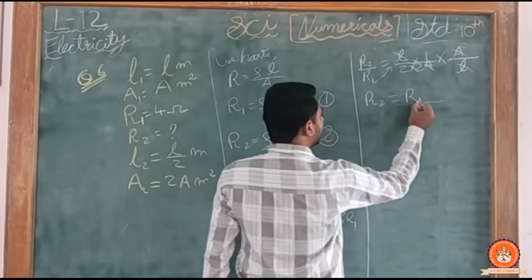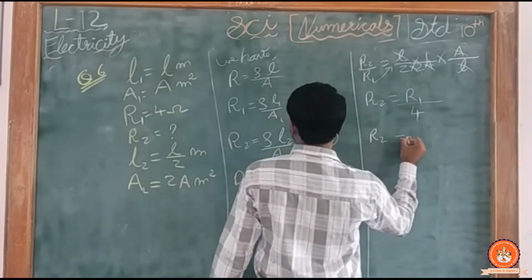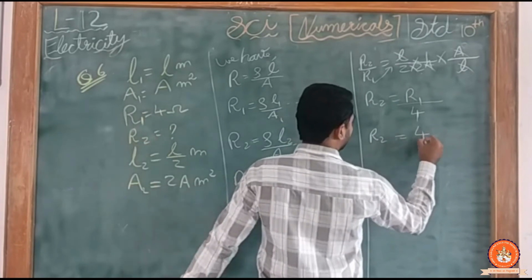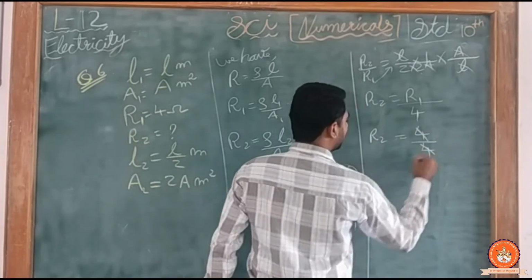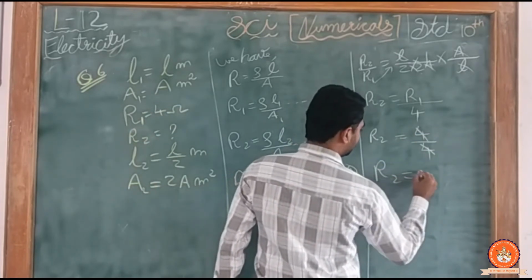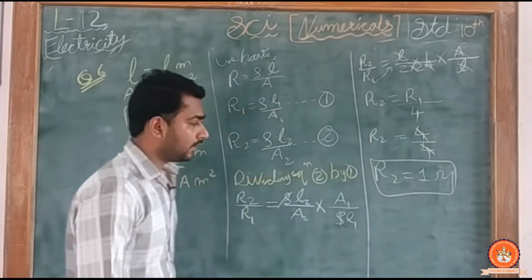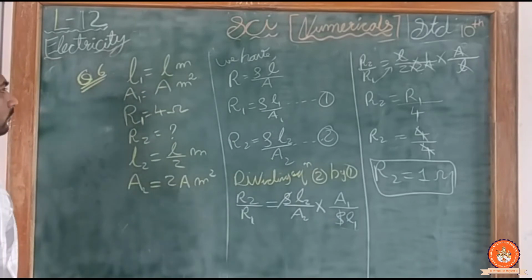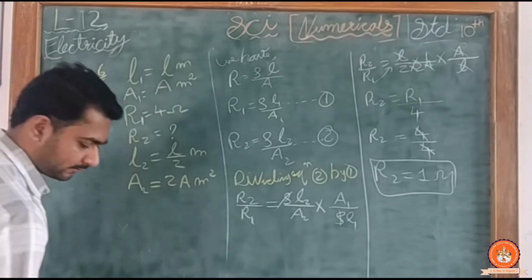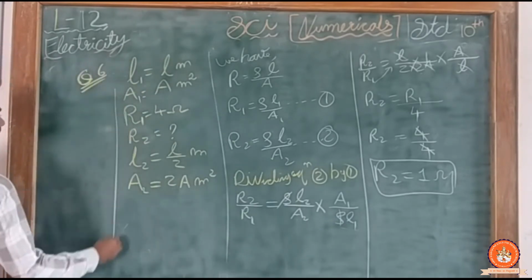Now placing the value of R1. R2 is R1, क्या है हमारे पास 4 divided by 4. So 4 will cut. Then R2 would become 1 ohm. Clear? R2 becomes 1 ohm. This is the sum ended here. Clear? Now in homework